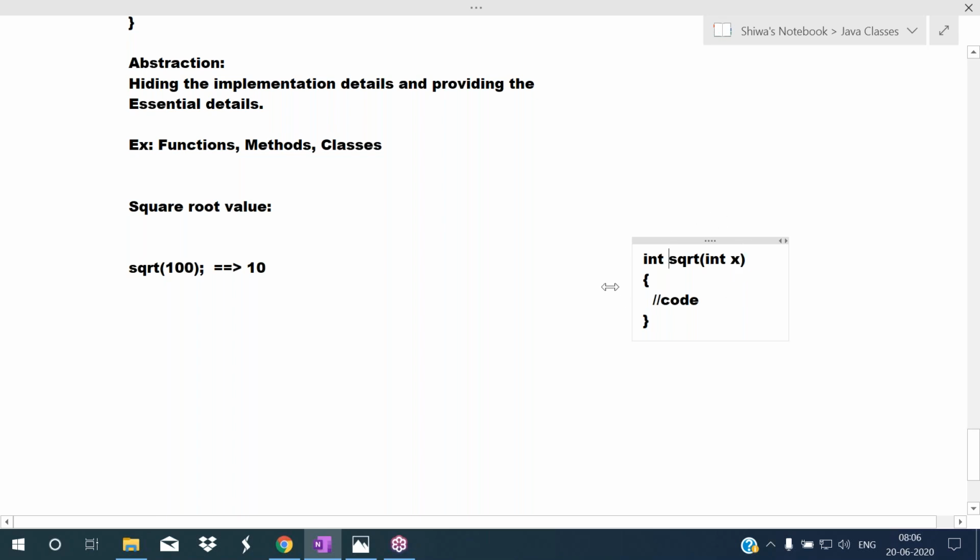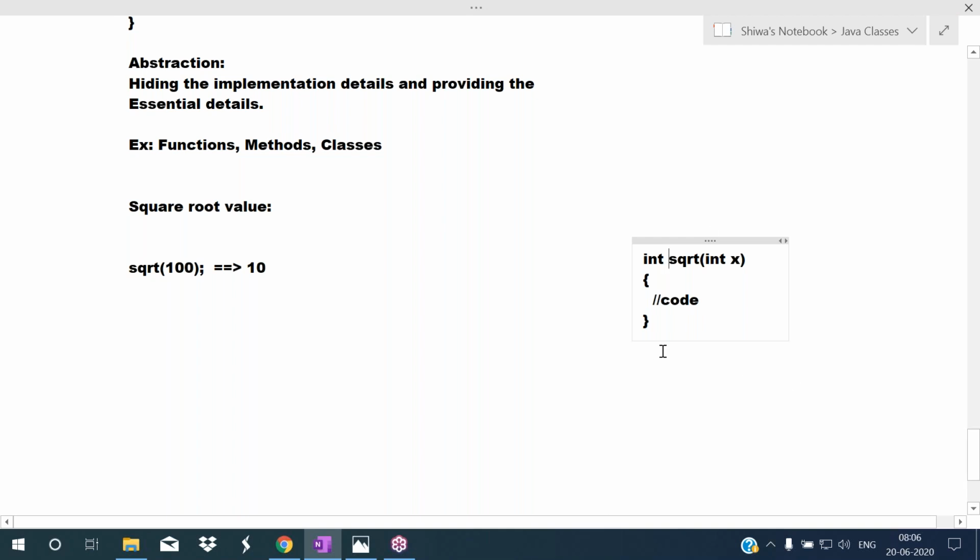So this is hiding the implementation details. For the sqrt they have written some code, but we don't know that code. That is hiding the implementation details. He is hiding all the code of the square root, but he is providing one essential thing to us. What is that? This function prototype.